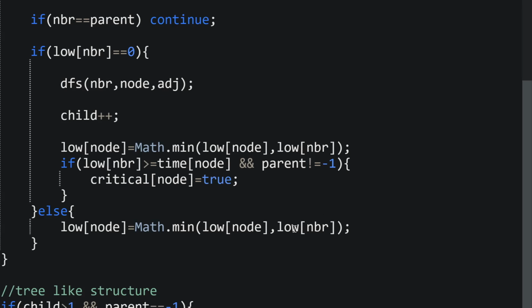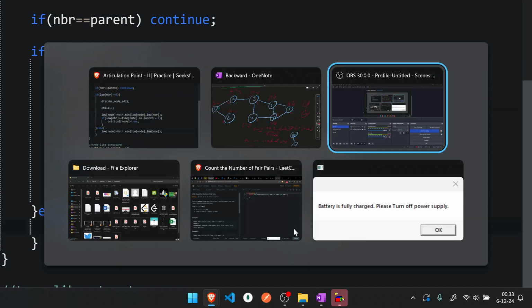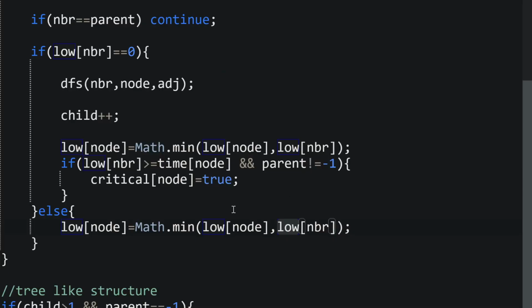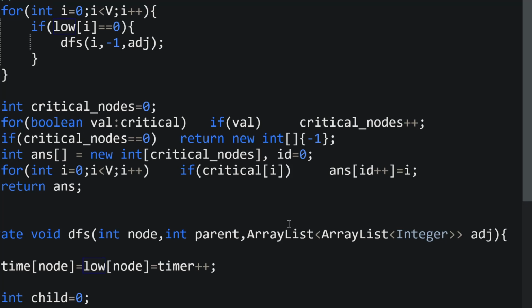Then I need to tell one more thing. In the else block, while reading this problem, I discovered that most people, if a particular neighbor is visited, take the discovery time of the neighbor.